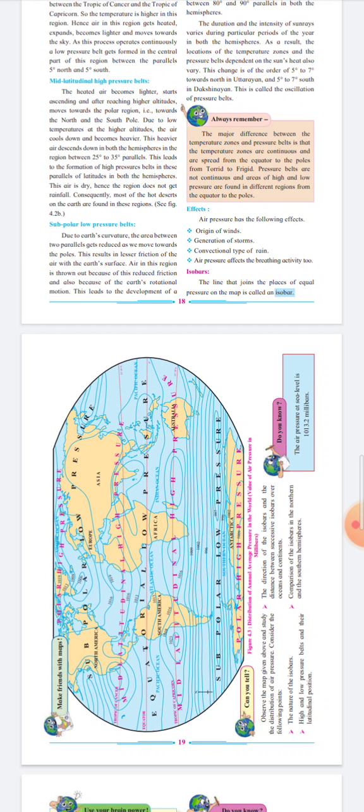Hence, most of the isobars run in the southwest to northeast direction over the continents. In northern hemisphere, direction of isobar is towards southwest to northeast, and distance between the isobars varies. When the isobars are in the northern hemisphere on the land, their distance is not same. They run zigzag over the continental area. Continents are more towards the northern hemisphere, hence you can see isobars are zigzag.